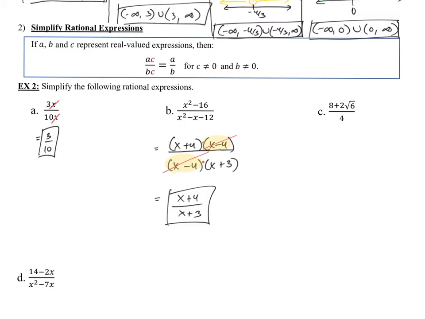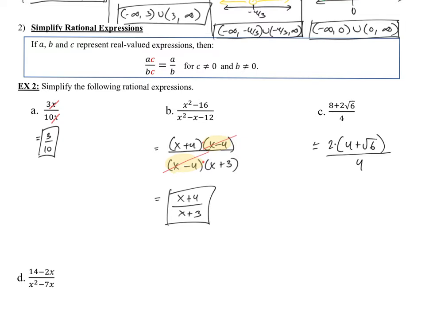All right, so in the next one, let's see, simplify rational expression. Well, in the bottom, it's just a 4, so we can't really simplify that. But in the top, we have that addition, so we can't cancel anything yet. We can't cancel the 8 and the 4 because the 8 is being added. So what we can do is if we factor something out of the top, maybe we can cancel. Now the 8 and the 2, their greatest common factor is 2. So factoring that out,